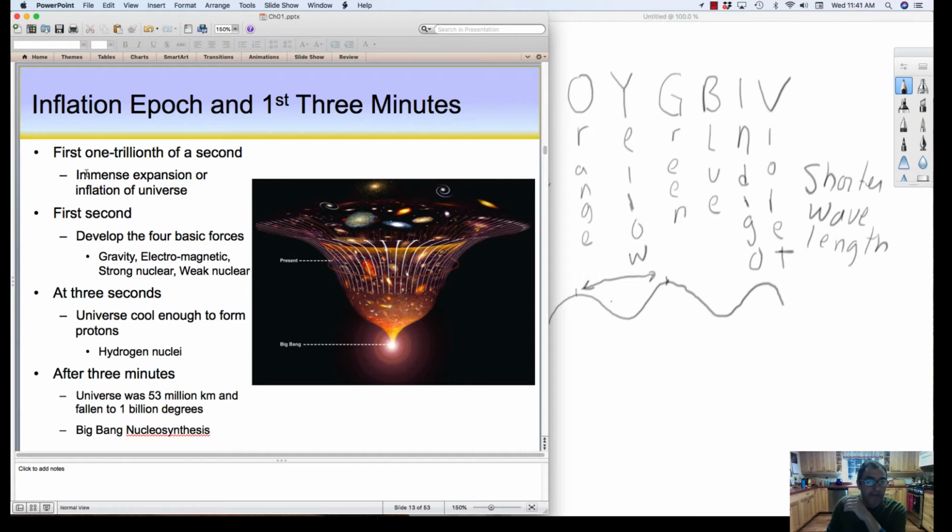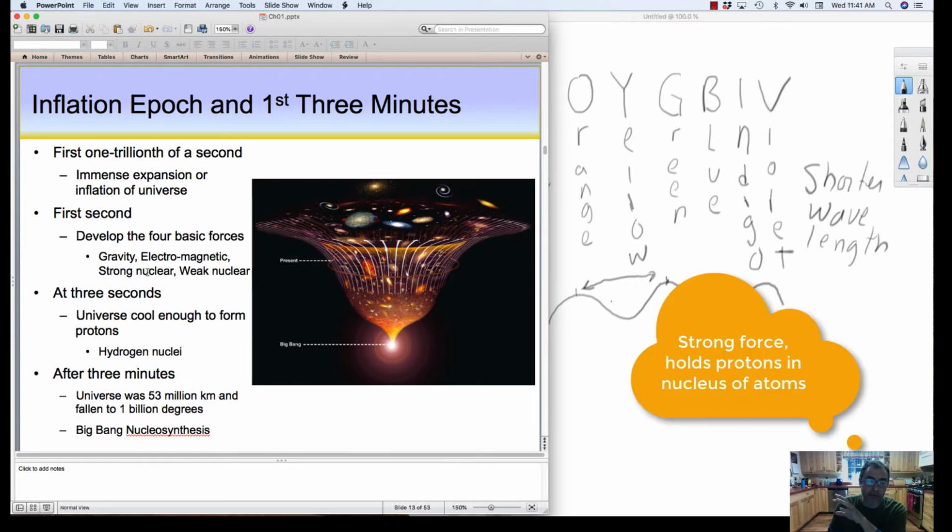So again, in the first trillionth of a second, you get this immense expansion, inflation of the universe. In that first second, you develop the four basic forces. So the four basic forces that we start seeing: gravity, electromagnetism, right? So electricity and magnetism. And then we see the forces that work within the atoms, like the nuclear force. So the strong nuclear force